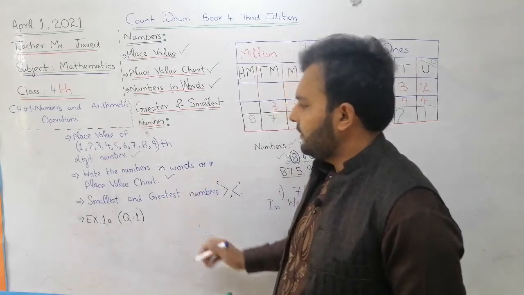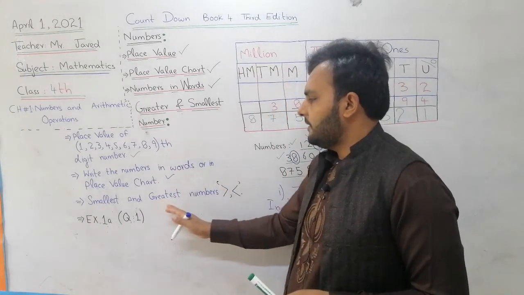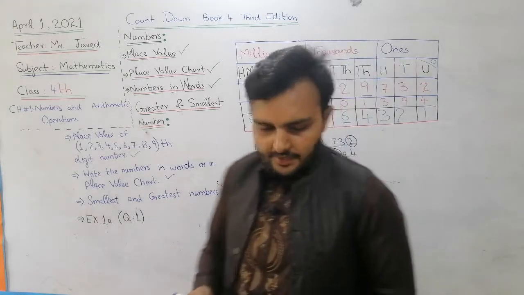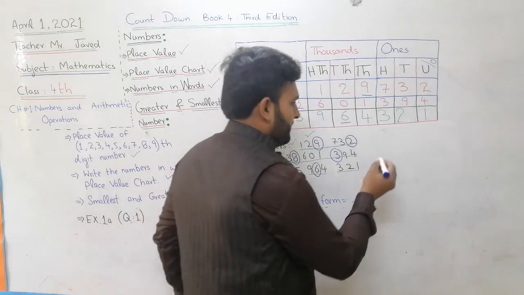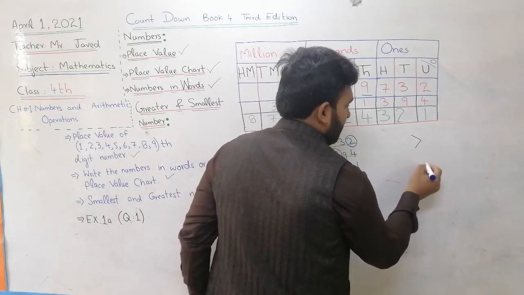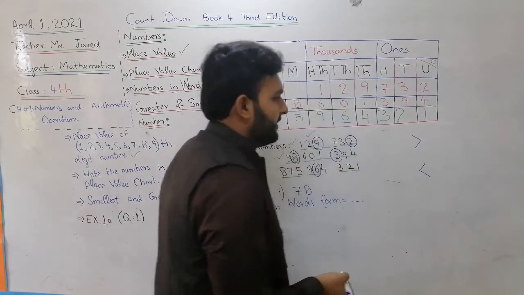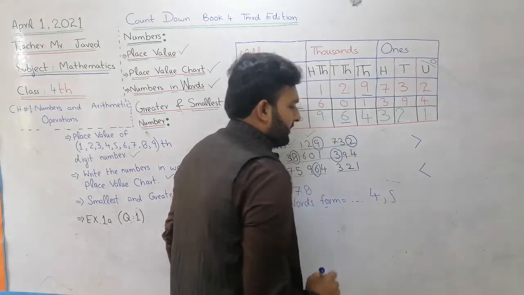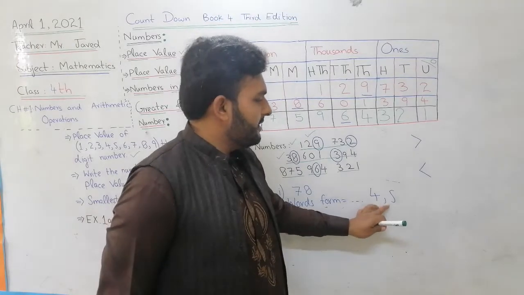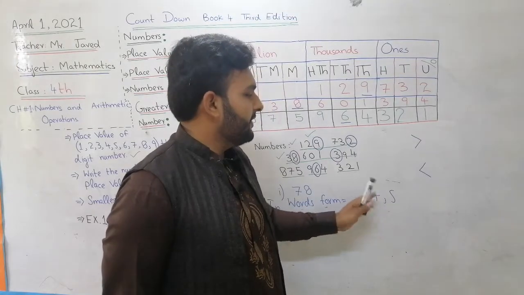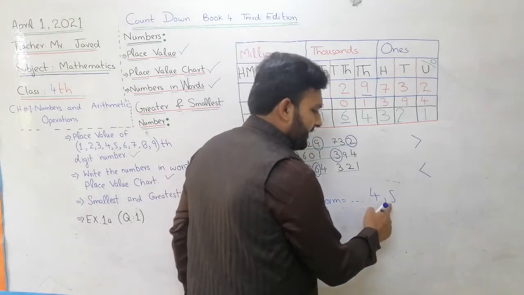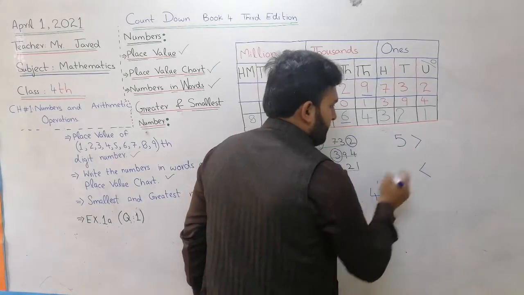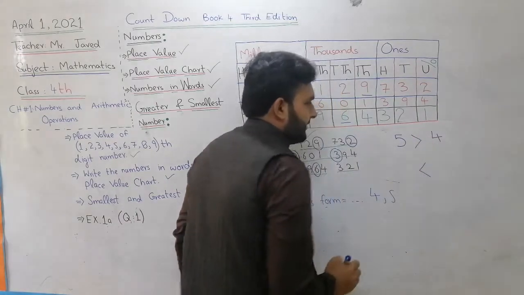Okay, this is the next. Now the very simple smallest and greatest number, and these signs. The last thing that I am going to discuss. These symbols are denoted for us. If we have two numbers, 4 and 5, I am going to discuss which one is greatest and which one is smallest. Compared to 4, 5 is greatest. 5 will be written here and 4 will be written here, like this.